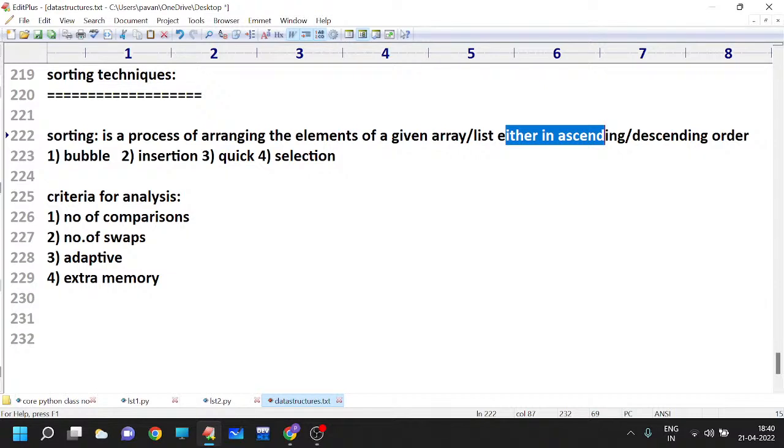Right? Tomorrow we will discuss bubble sort and insertion sort. That's all from